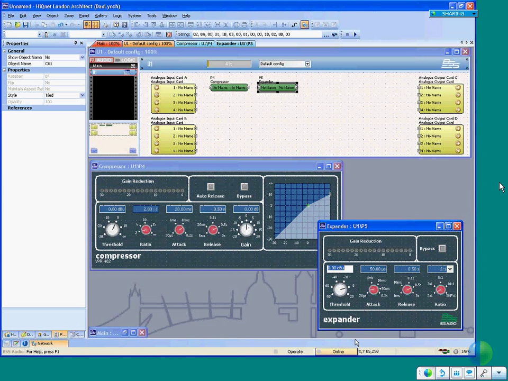All right, no problem. The noise is at 70, so we'll set the ratio or threshold at 40. Oops, sorry, meant to put in negative 40. Set the threshold at negative 40. My ratio is 2 to 1. So what's going to happen here